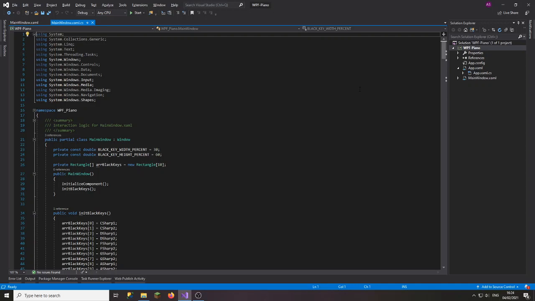So, welcome to part 3 of our WPF piano series. Up till now, we have finished creating the prototype user interface of the keyboard. Now we want to actually play some sound through a keyboard or a synthesizer. At this stage, what I'm going to do is create a side project within this main solution, which will first